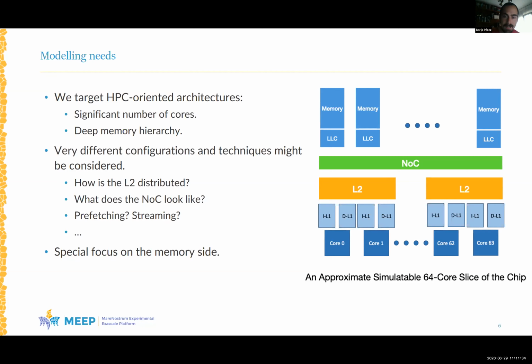And as you might have noticed from what I'm saying, our focus is on the memory side of simulation. And this is because for our level of detail, we are not interested in the smallest details of the core's execution itself, but just in keeping those execution units fed, which gives us a picture of how systems are going to behave and lets us compare different configurations.